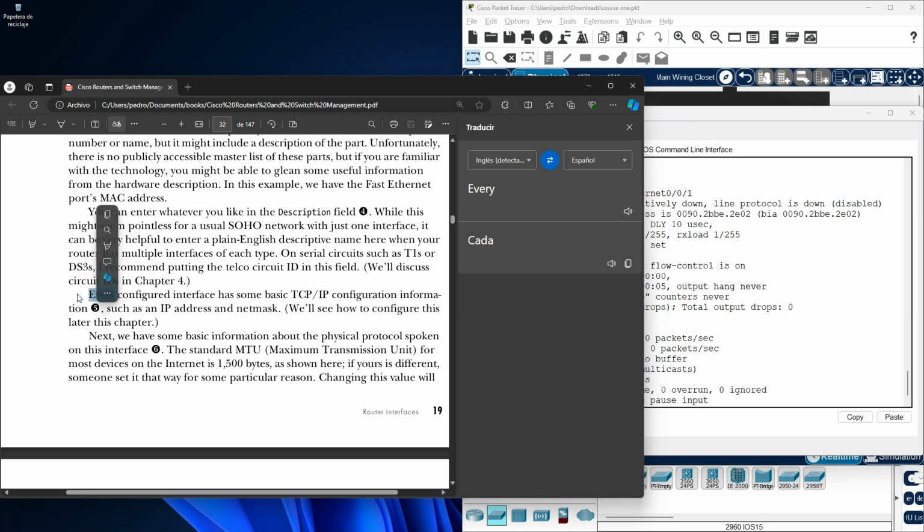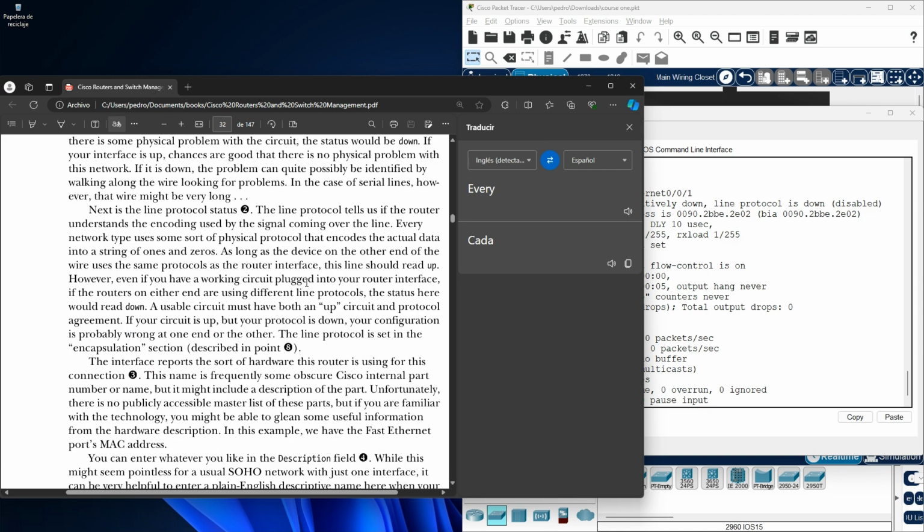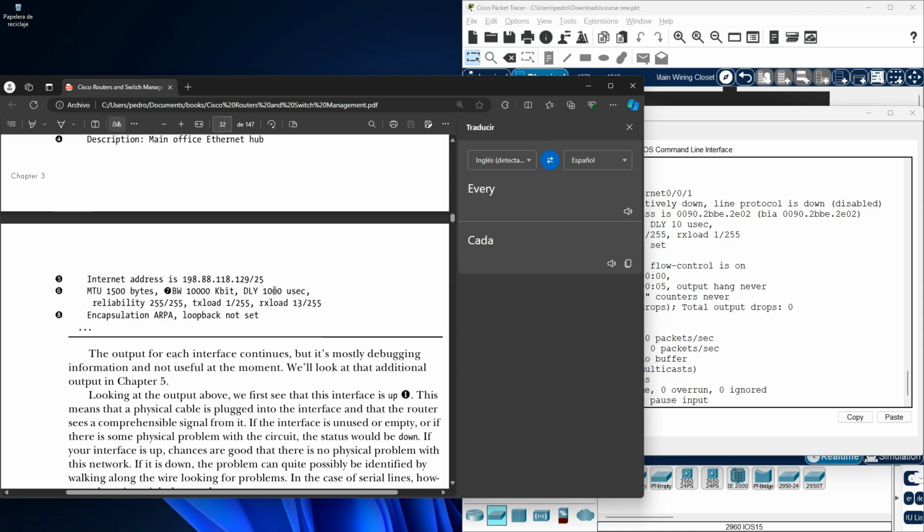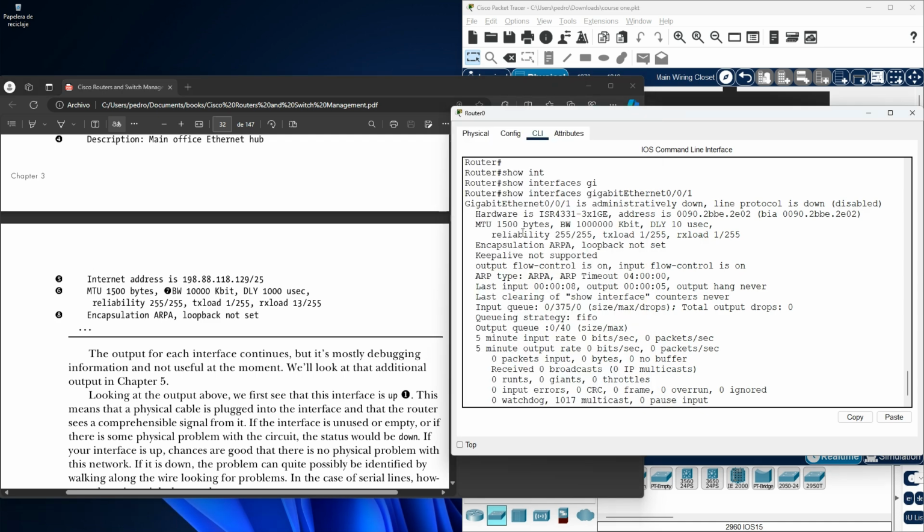Every configured interface has some basic TCP/IP configuration information, such as an IP address and net mask. We see how to configure this later in this chapter. This is the point 5, internet address. In my case,